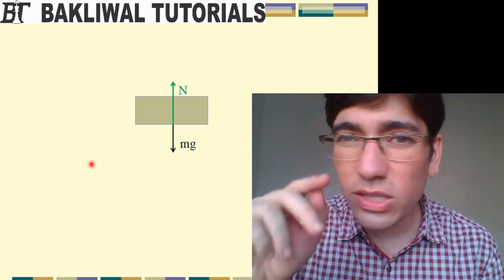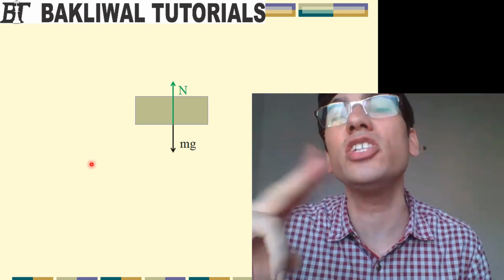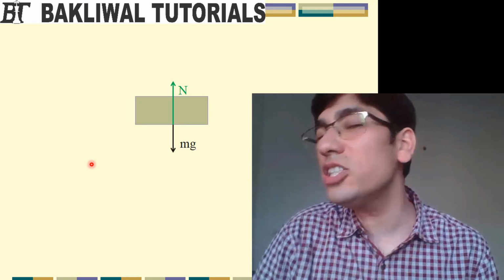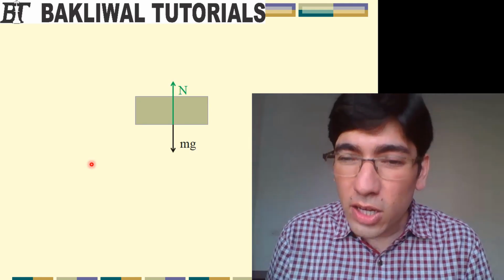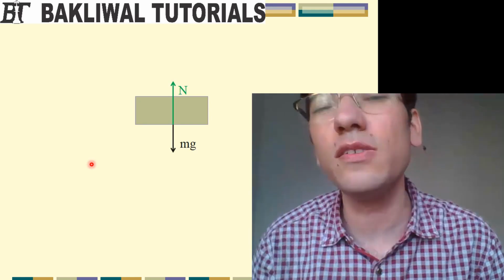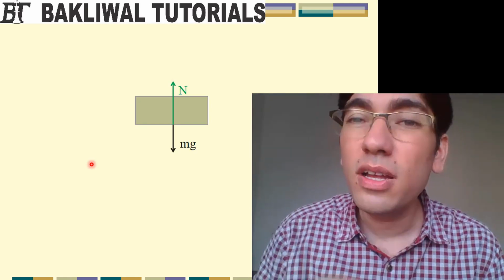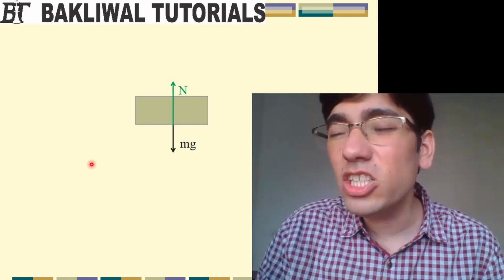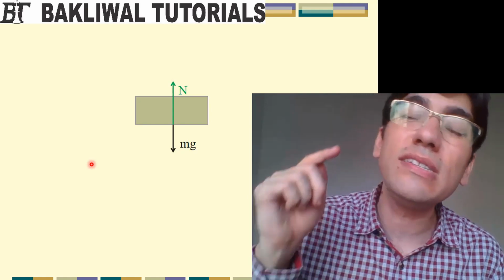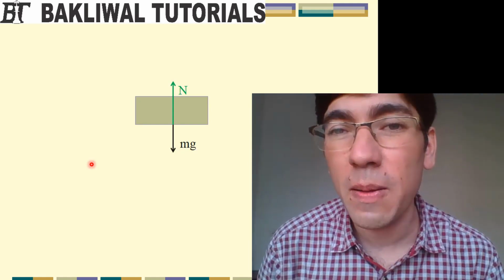So this mg which is acting on the block, and the mg which must be acting on the earth by the block, form an action reaction pair, and not this mg and normal. What about the reaction to this normal force? Now, who is applying this normal force on the block? The answer is the surface on which it is placed. Let's say a table. So the table is applying this normal force on the block, and as a reaction, the block must also be pressing the table in the downward direction with the same force N, and the two N's will form an action reaction pair.